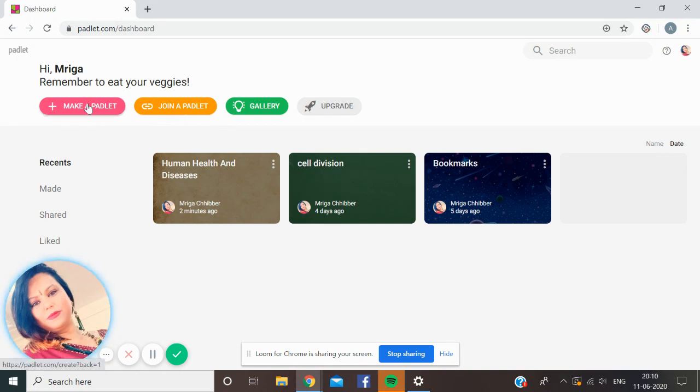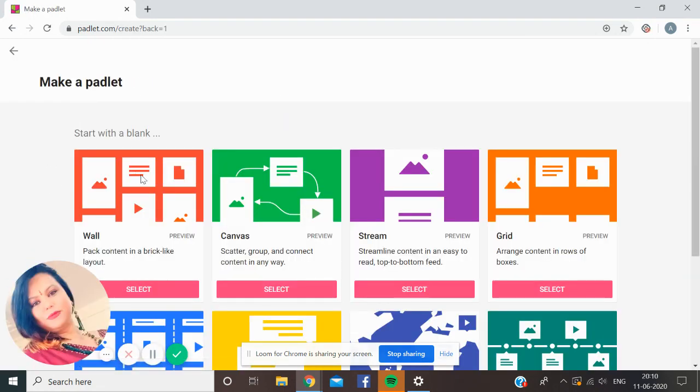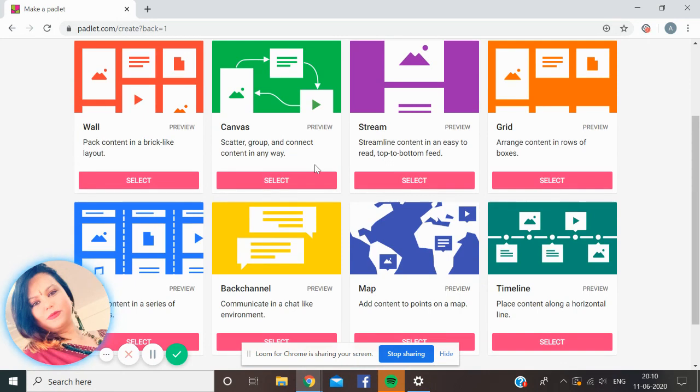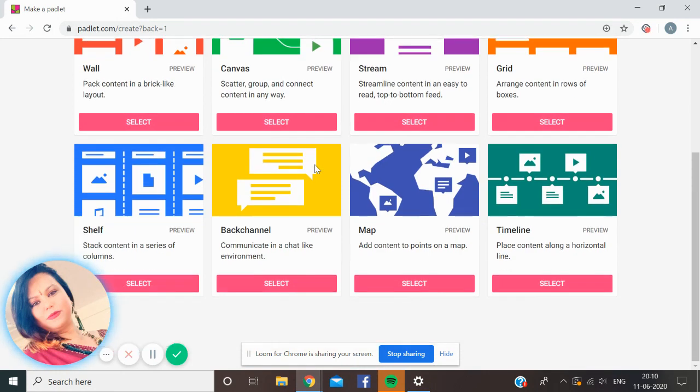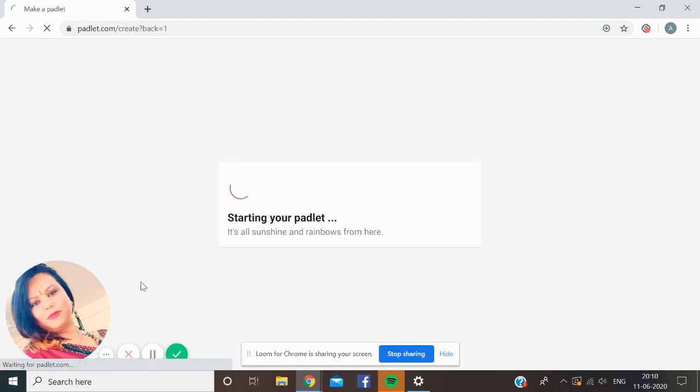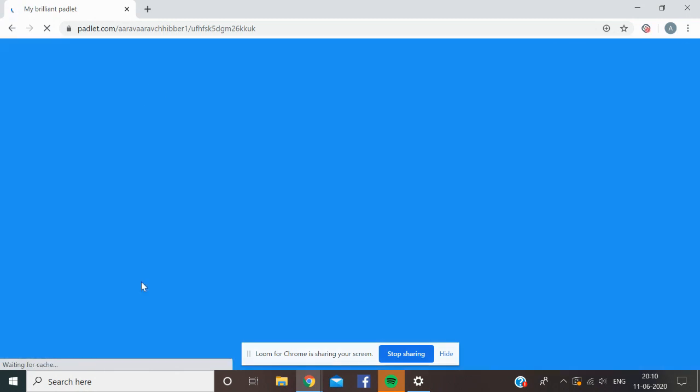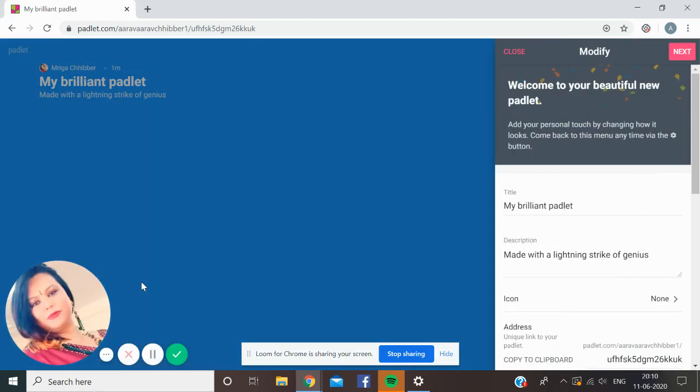Let me click on Make a Padlet. You can see there are so many options: wall, canvas, stream, grid, but I'll go and select shelf. So let me select shelf, and now I've started with Padlet.